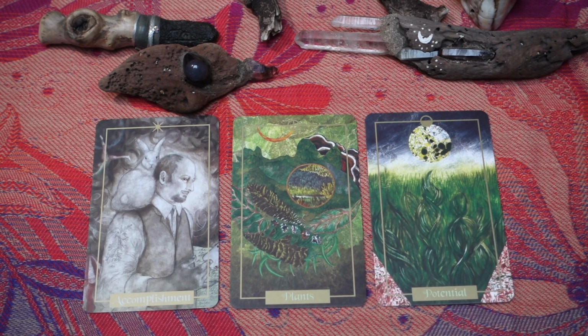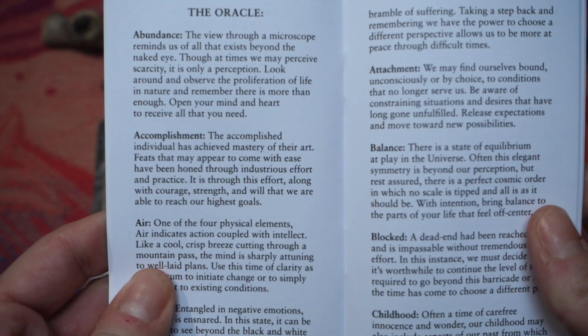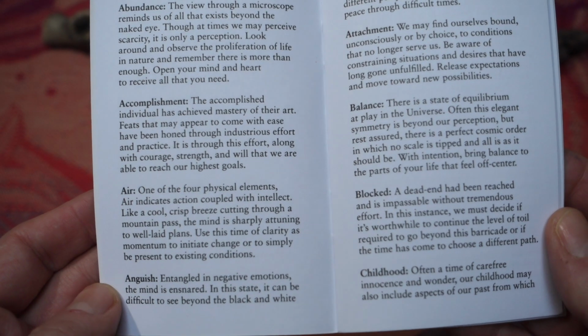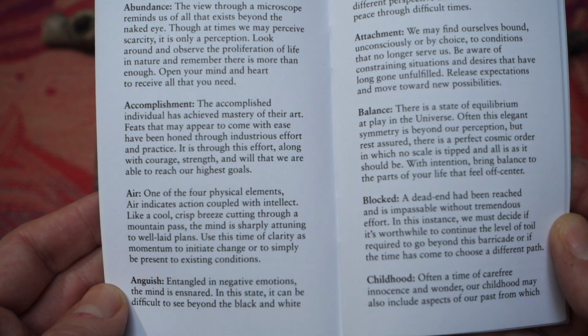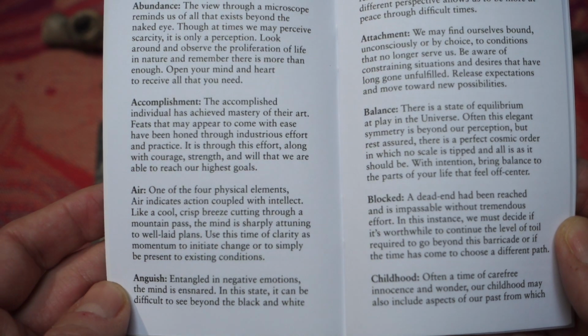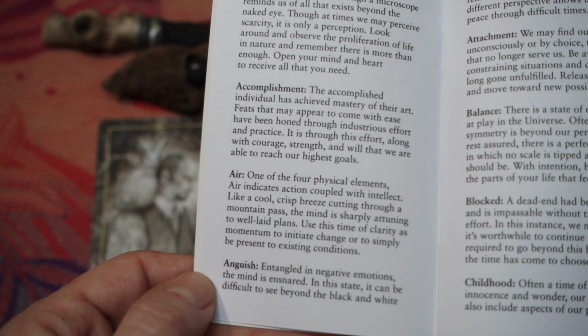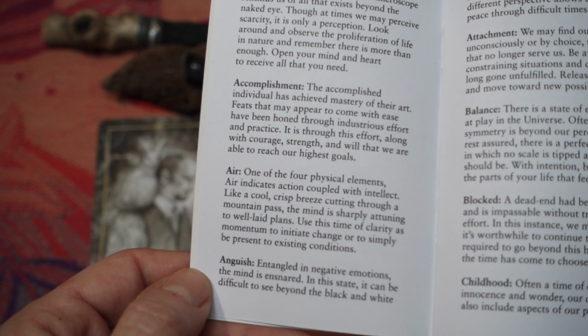So let's just see this accomplishment, what she writes about it. Accomplishment: the accomplished individual has achieved mastery of their art. Feats that may appear to come with ease have been honed through industrious effort and practice. It is through this effort, along with courage, strength, and will, that we are able to reach our highest goals. Oh, beautiful. And plants, just to...